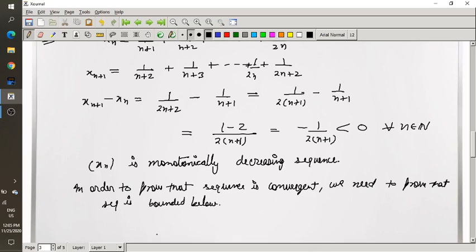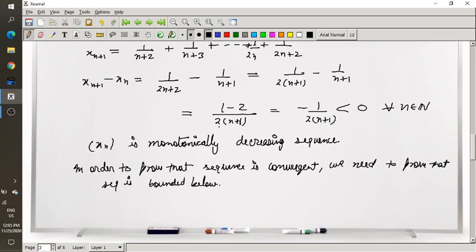So in order to prove that the sequence is convergent, if it is monotonically decreasing, then we need to bound it from the lower side, bounded below, then it will be convergent. Okay, so now we will prove the sequence is bounded below. Now in order to prove that the sequence is bounded below, we will simply